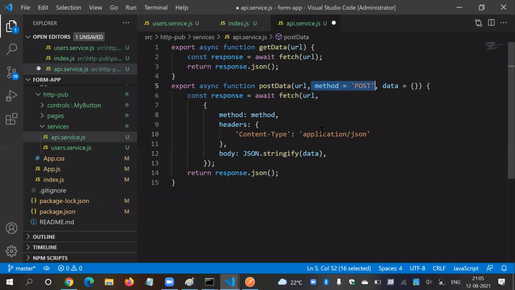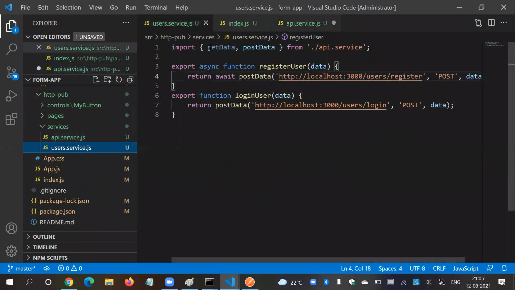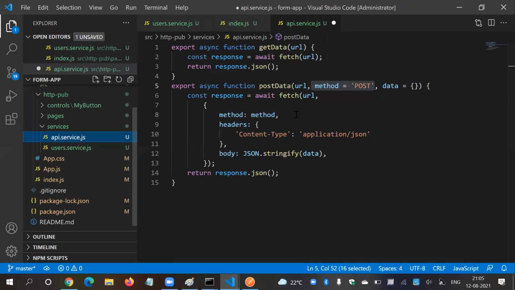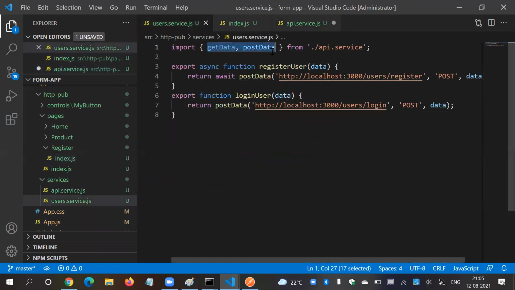You can specify a method over here. Here, authorization is still pending, JWT token is pending. You can also specify that as well. You can create a number of methods, API services over here. And here just call those methods, whatever methods you need in this file. So why use export? Just because if you have more than 10, 20 methods and you need only 3, 4 methods out of all this file, you can use export. So if I want only get data over here, I'm not going to use this post data. That's the difference between export default and export.